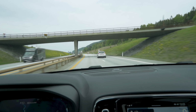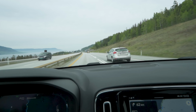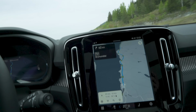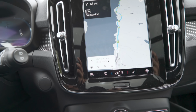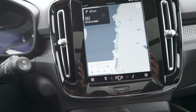Small differences, but yeah, differences in my opinion make the C40 a little bit better to drive. It just fits the driving characteristics of that car a little bit more. So interesting, the consumption, how low that's going to be once we get back. And also the car's predicting we will arrive at the Mjøstar with 58% battery, meaning that we will have enough